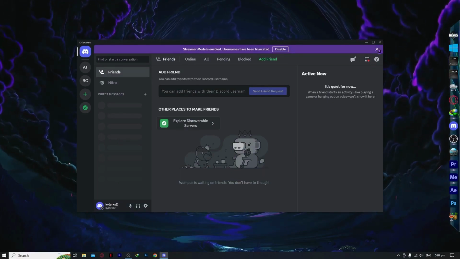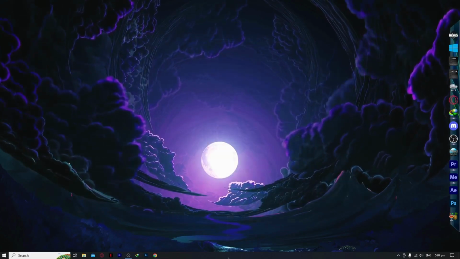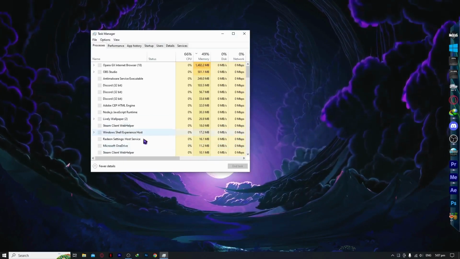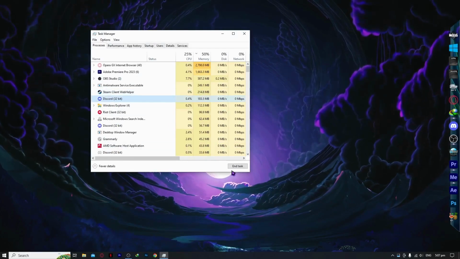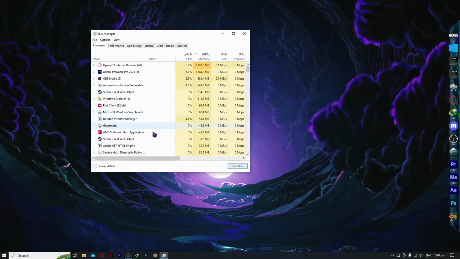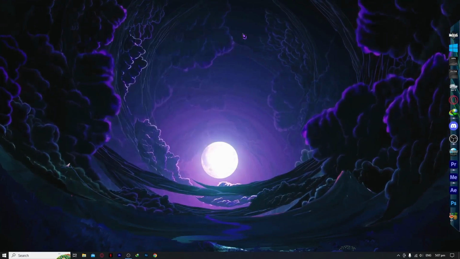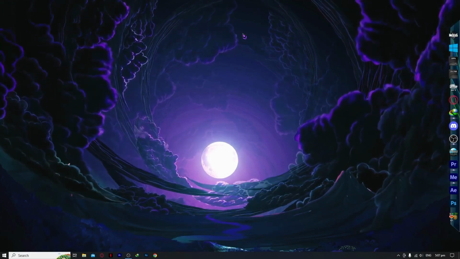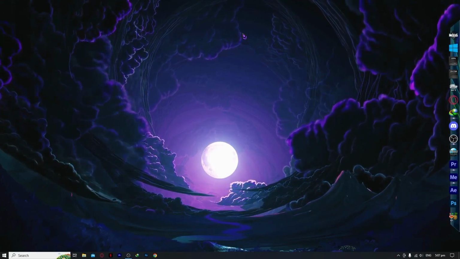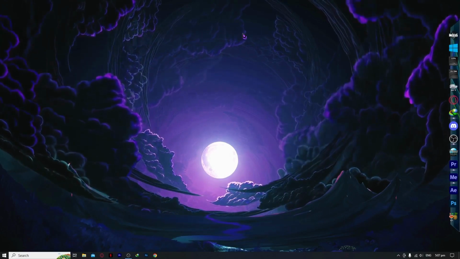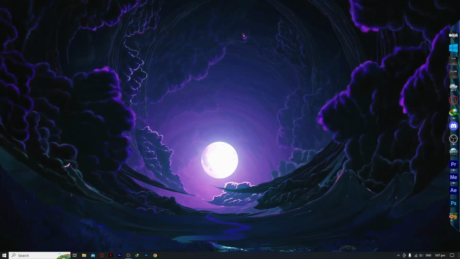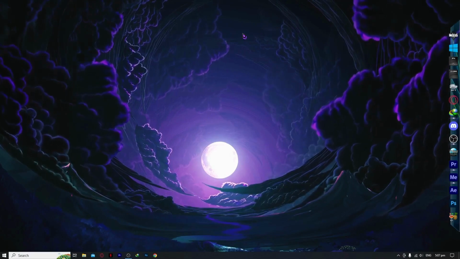So now let's close this. Again, let's make sure that Discord isn't running in the background. Let's go into Task Manager and end task right here for Discord. And there it is. What we're going to do right now is uninstall and reinstall our Discord app. But when we uninstall our Discord app, we need to use the Geek Uninstaller so that it